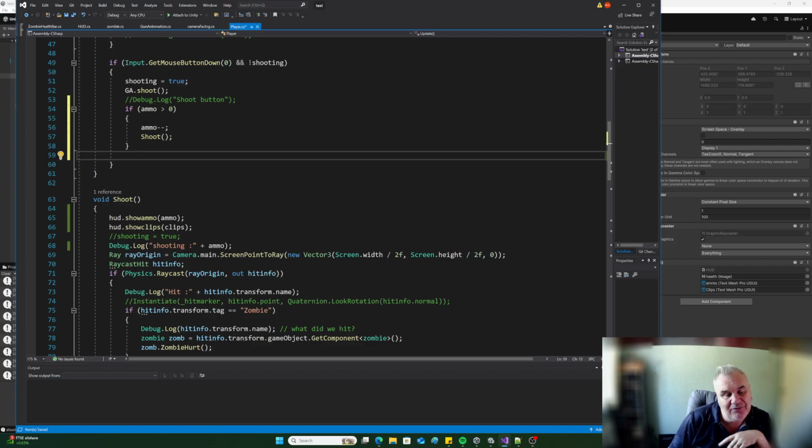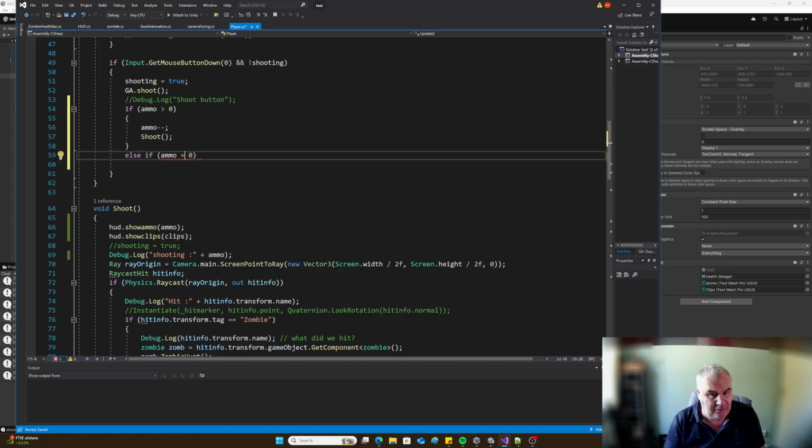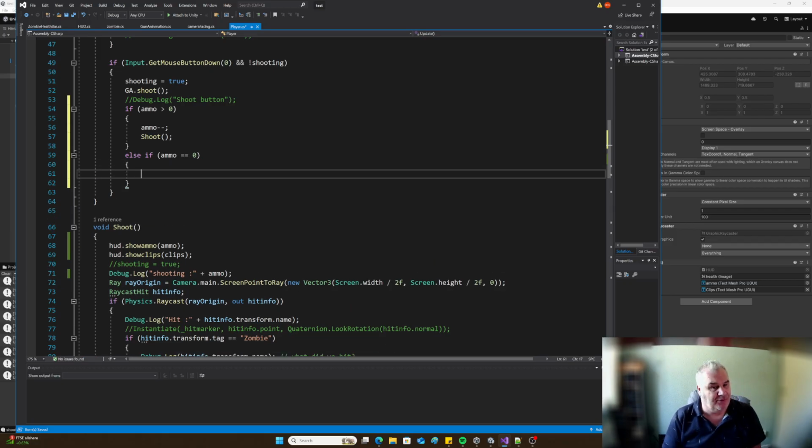Then what happens if our ammo is 0? We want to reload. So if ammo equals, else if ammo equals 0. Put double 0 in. If the ammo is 0, then what do I do? Well,